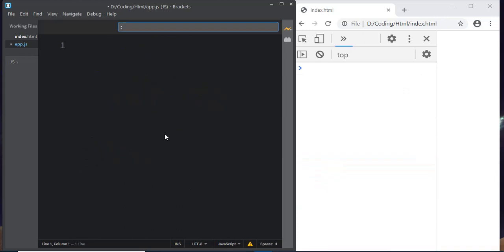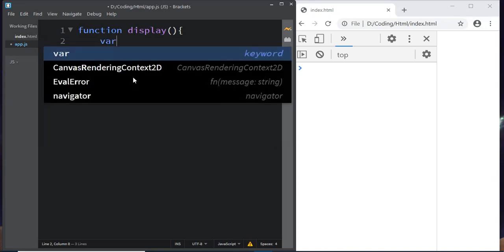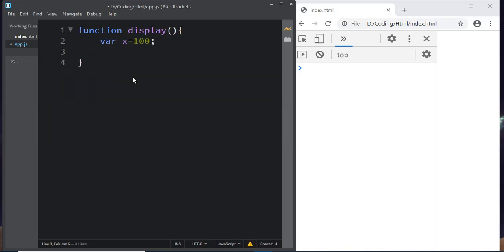Before I explain the let keyword, let us see what drawbacks we have with the var keyword. I have just written one function. I will declare the variable called x. In JavaScript you can create a block using curly brackets like this. When you want to combine more than one statement, you can use a block. In other languages it is called a compound statement.